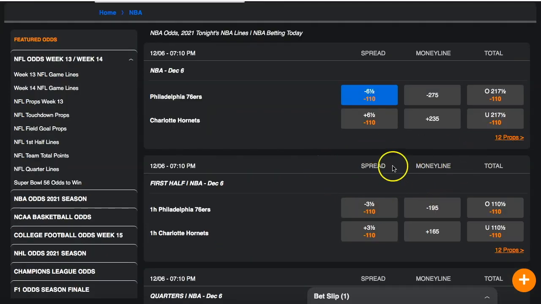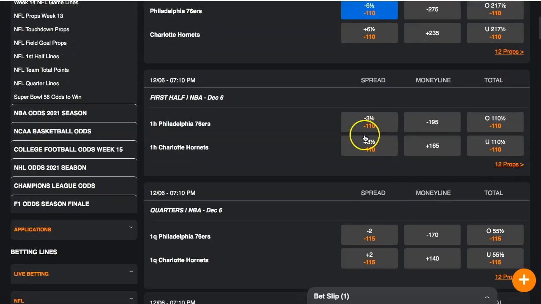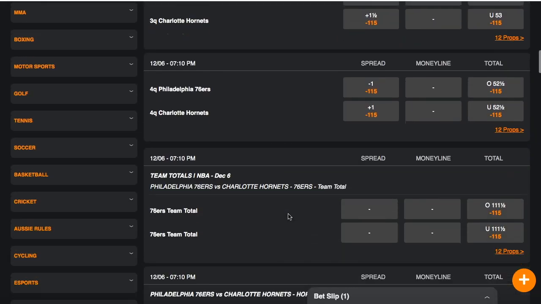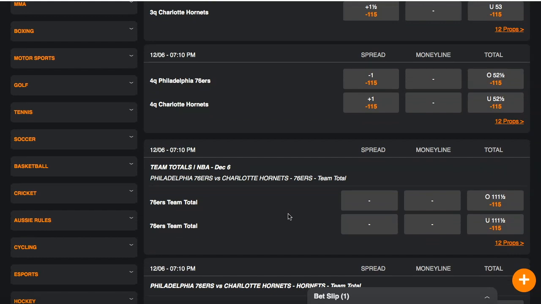You could take the money line, the spread, the total over under. So just on the first half, you can bet on quarters, first, second, third quarter, fourth quarter. So you don't have to bet on the whole game. And over here,